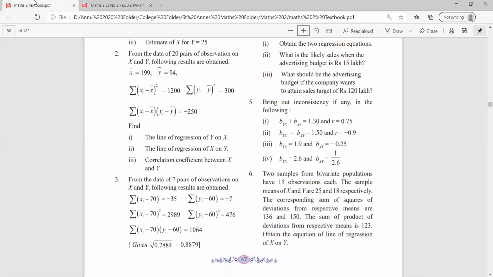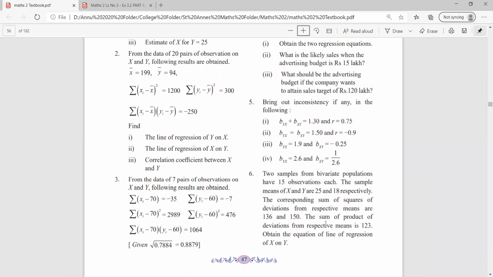Okay. So coming towards the last sum of the day. There are total 12 sums, out of which 6 sums we have done today. The sixth one we are just starting. Question number 6 can be asked for 3 marks in your exam. And this sum is really very important.